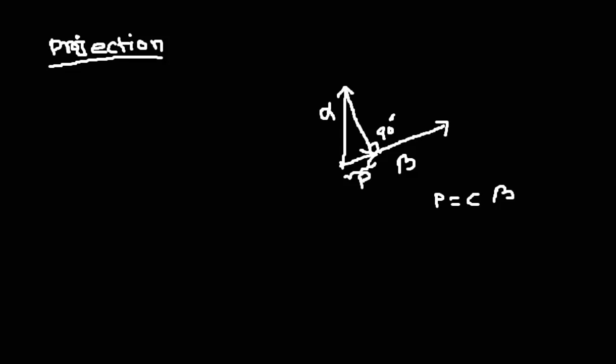So what is the unknown quantity over here? You can see that C is the unknown quantity. So we have to find the value of C. Now how can we find the value of C? Now we can use this formula. So here we have a vector, and we can think of the perpendicular line as another vector.